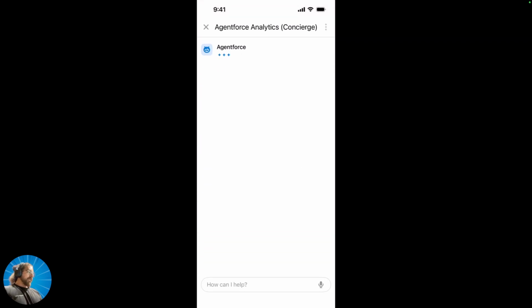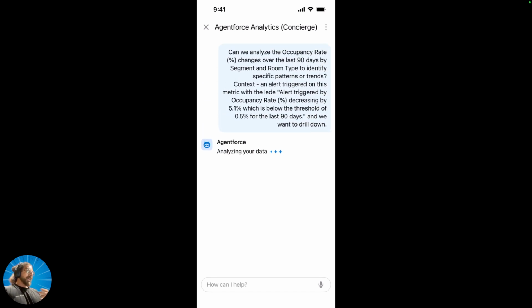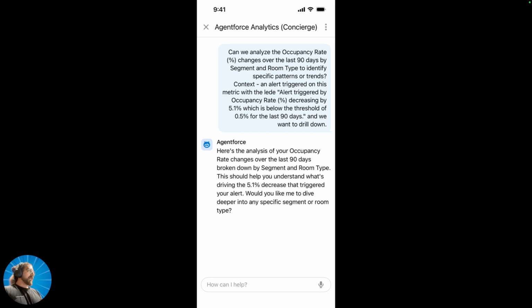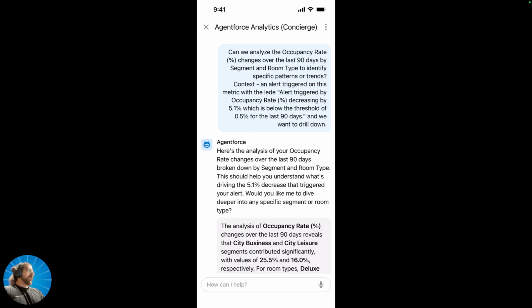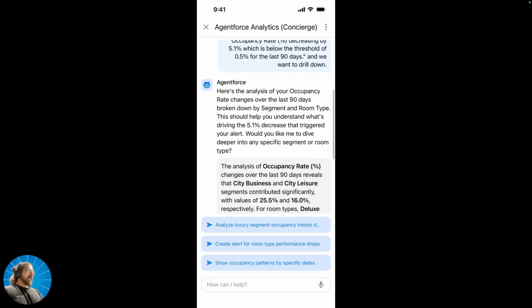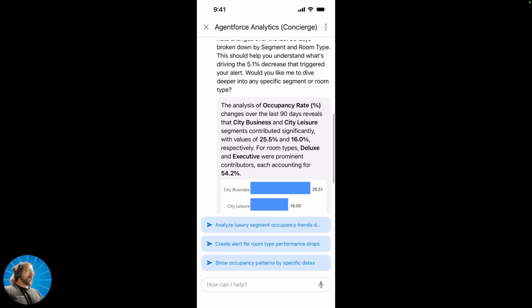And the intention of asking a follow-up question is, as a GM, I want to be able to interact. I want to be able to converse with my agent, and not just converse with my agent, but I want to ensure that whatever I'm asking my agent, the response that I'm getting is trusted and relevant to my business. So it has to be contextual as well. In this scenario, if you look at what I'm asking, I'm asking to drill down a little bit more into why the occupancy rate is declining.